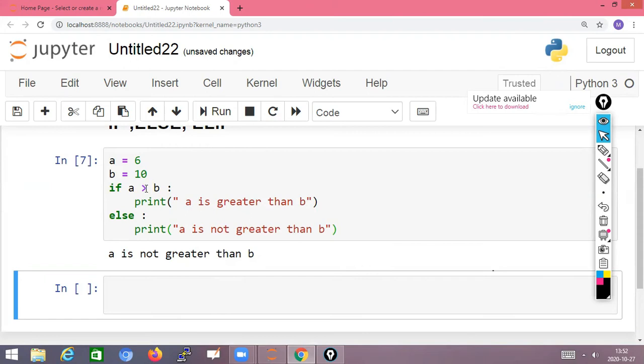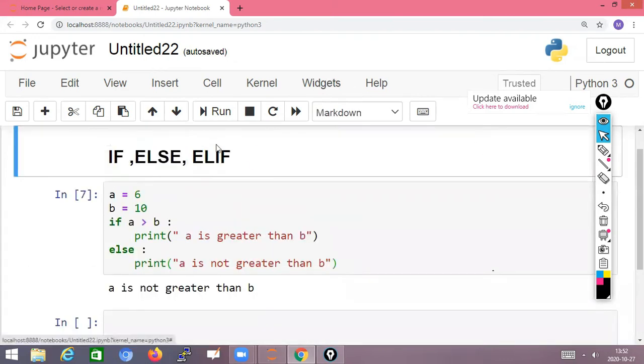So here, using the if else statement, we have written a small program. If the condition is true, it runs this part. If the condition is false, it runs the else part. Now, if you want to include one more condition, how do you add it? Here we are saying A is greater than B, or A is not greater than B, so this is only useful for if else. If I want to add one more condition, then you have to go for the else if statement. This is ELIF, that is nothing but the else if statement.